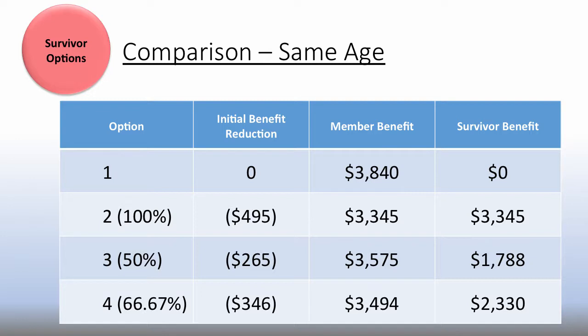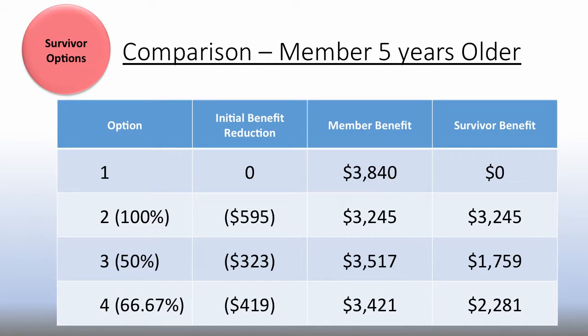Very good. So does it really make a difference, the age gap? Well, yeah, it does. It's not linear, as I said. So I went to a 5-year comparison. You see the impact on that option 2 benefit, about another $100 in reduction. So yes, it has an impact. The greater the age difference, the more the impact. But it's not linear. It's not going to be a 200 reduction if you go to 10 years. It's an exponential type. So you've got to go to the correct factor. But it does make a difference if there's an age gap.